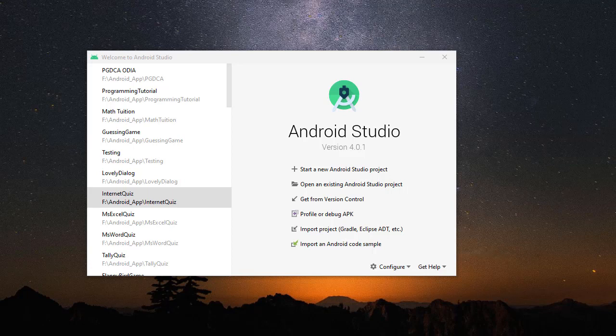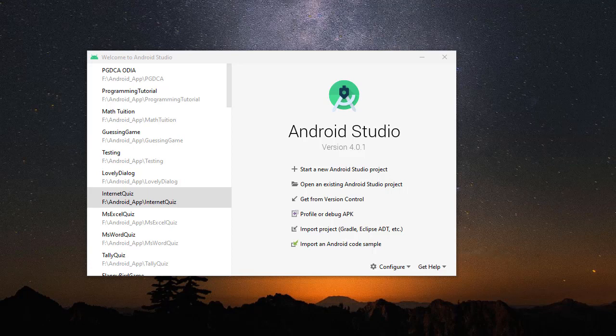If you are using any latest version, I am recording this tutorial on 31st October 2020, and till date this is the latest version. But if you are watching this video tutorial at a later time and your Android Studio version is different from me, then your screen may look something different.